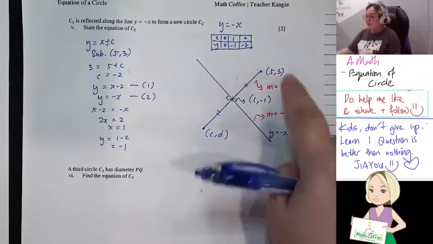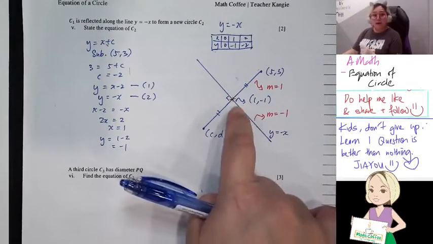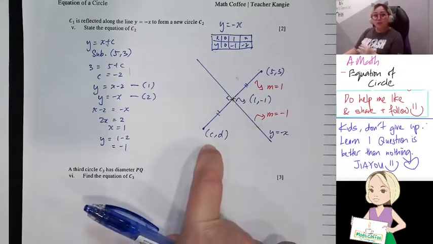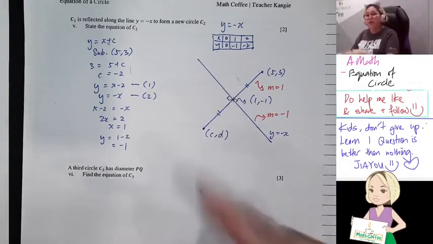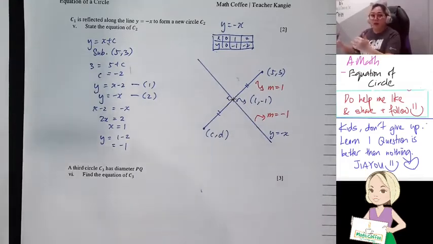So, see, I have 5, 3. Now I have the midpoint. I will be able to find the other side. So students, you all should know in A-Math coordinate geometry, when you are given either way, you're given 2